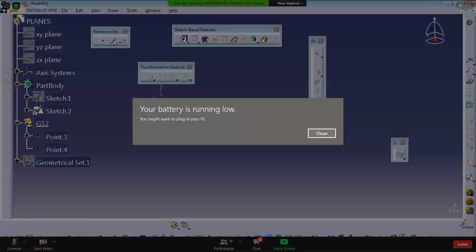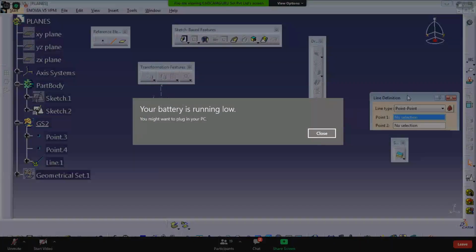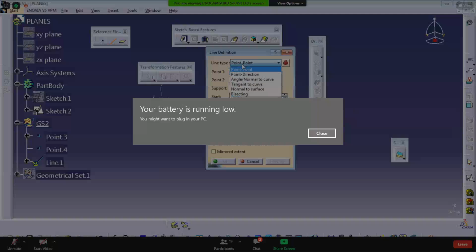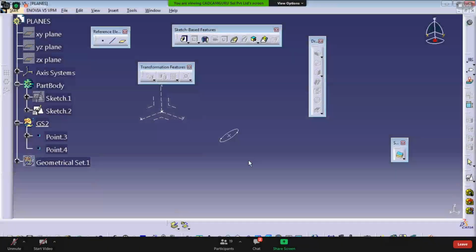Whatever the types regarding lines, we will see in the next class. Lines also come in multiple types. We use lines during A to B conversions of plastic injection molded parts, which I will tell you later. The different types of lines are also used to define the direction of tools and machine tools.